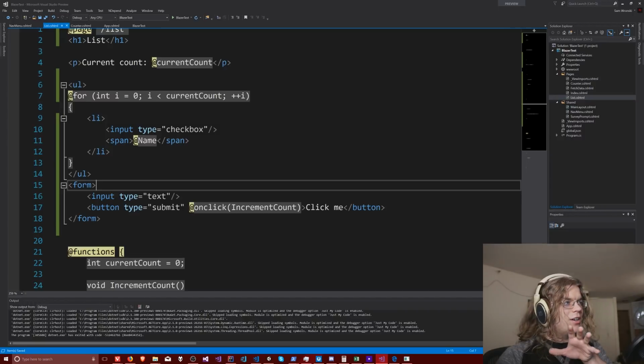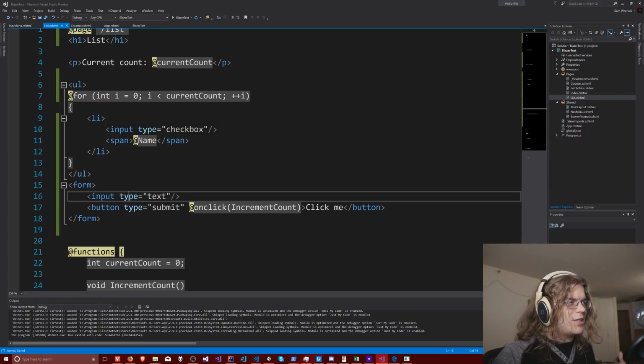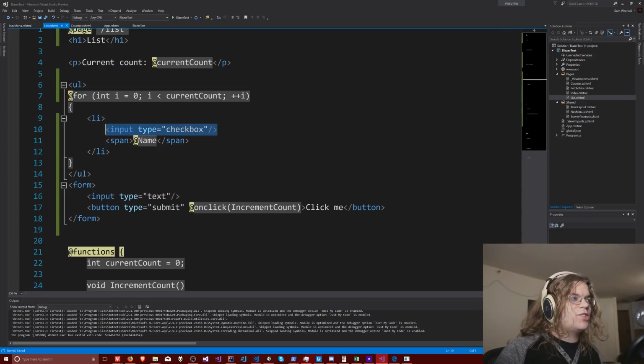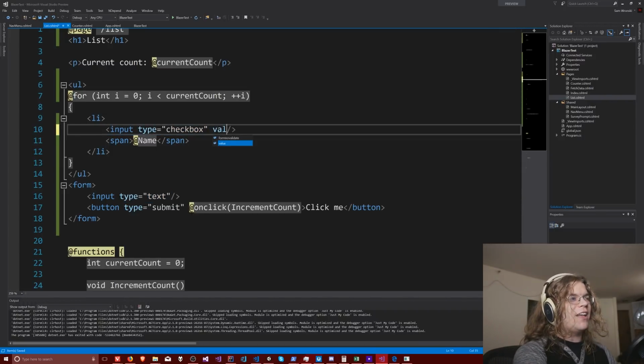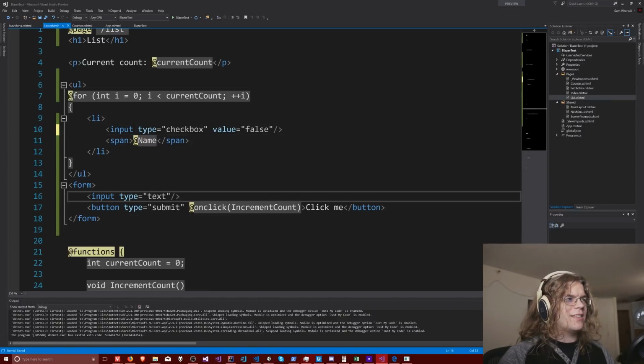We have our input here. I was forgetting, you just do different types on the input. So in this case, we have text that we're going to name our things. And then we have these checkboxes, which are going to be bound to whatever. And then there's just a value field that you would bind to. So if I set this like false, I think that's how that works. And this to